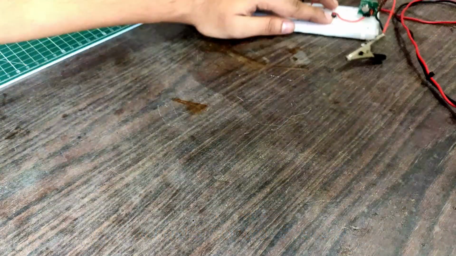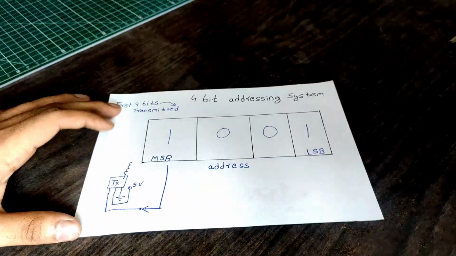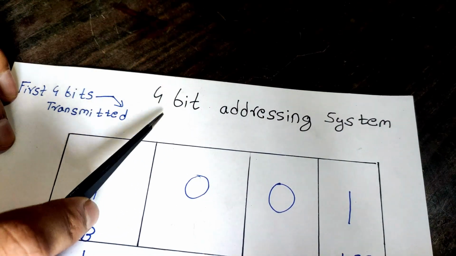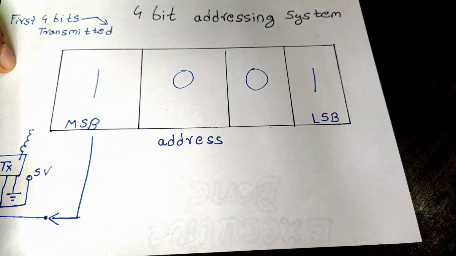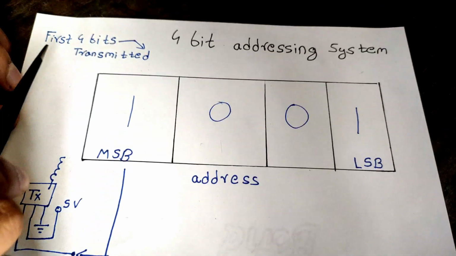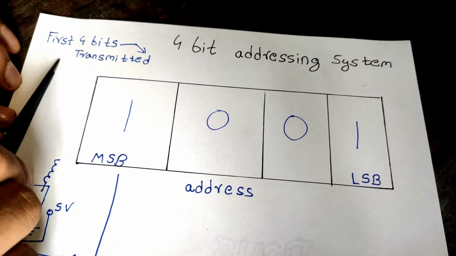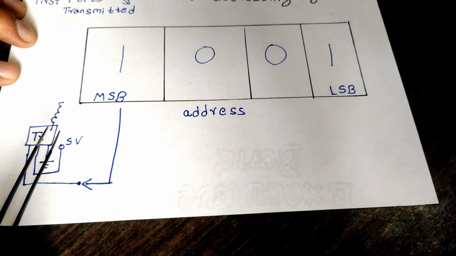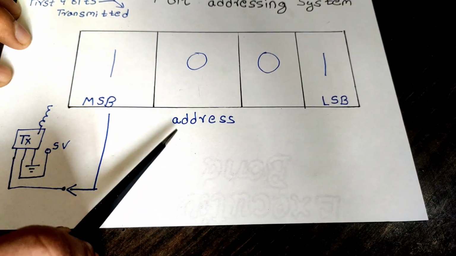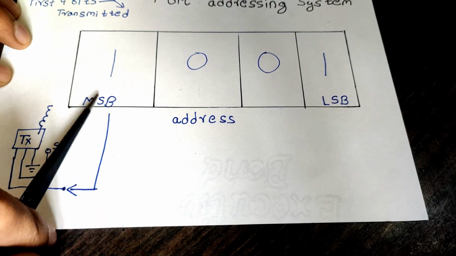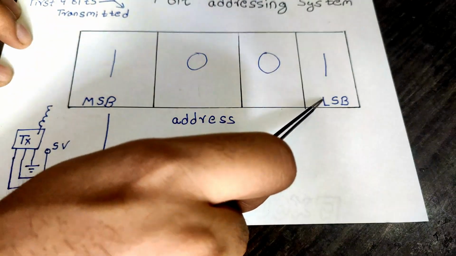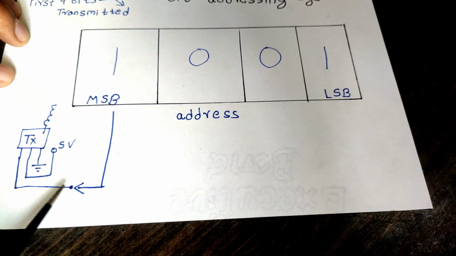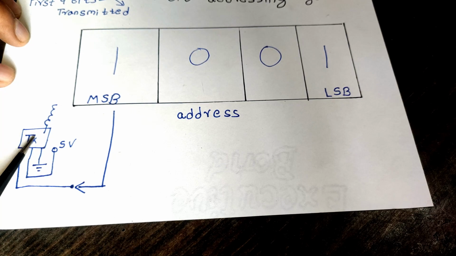The first thing we have to see is what addressing is and how we will use it in our system. For example, we will see a 4-bit addressing system. That means the address will be selected by 4 bits, a total of 16 possible addresses. These 4 bits are represented in ones and zeros, therefore they are binary. We have to select the address of our system ourselves, like I have selected over here 1001, and this address should be set the same on the transmitter and the receiver. Then only they will sync up and work together.